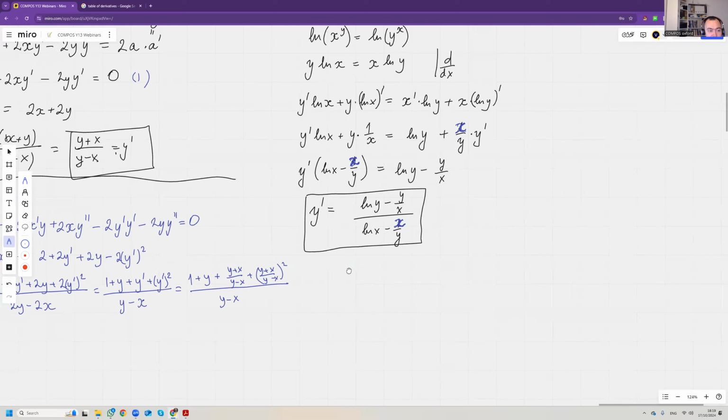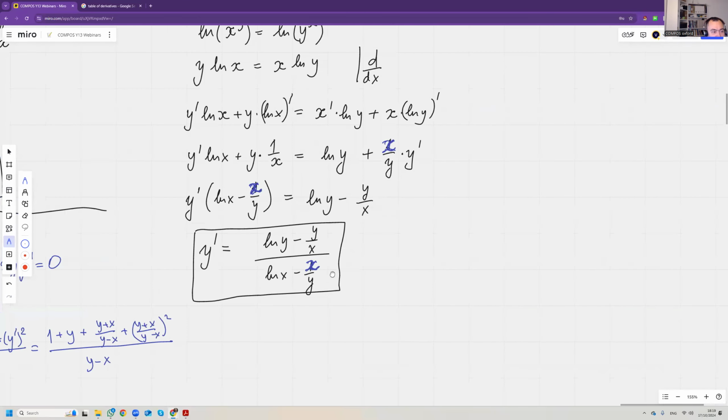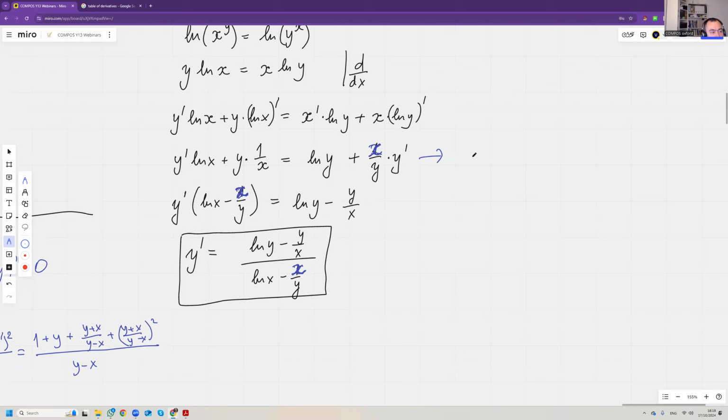So here you can do it in a very similar way if you want to find the second derivative. From here you just differentiate it again. I'm just going to differentiate it, but I won't get to the final answer, it just would take way too long. So differentiating that,